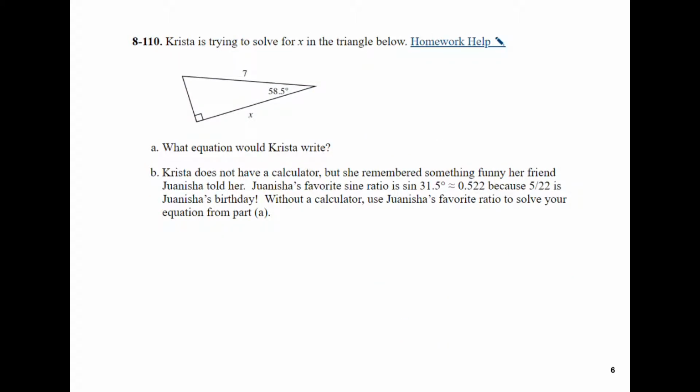Krista is trying to solve for x in the triangle below. What equation would Krista write? So if Krista is trying to solve for x, I notice we are working with a right triangle. Across from my right angle is my hypotenuse. The side next to my angle is my adjacent side, and the side across from that angle is the opposite side. So I think back to my right triangle trig, my SOHCAHTOA,